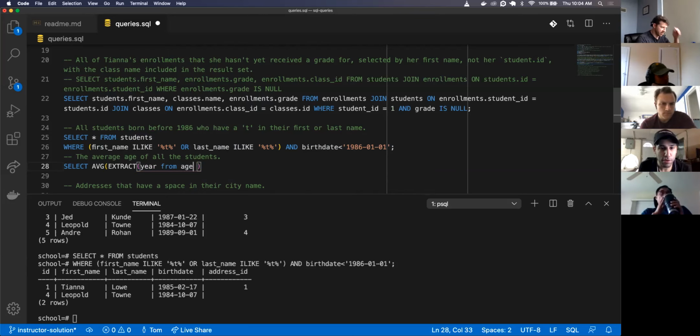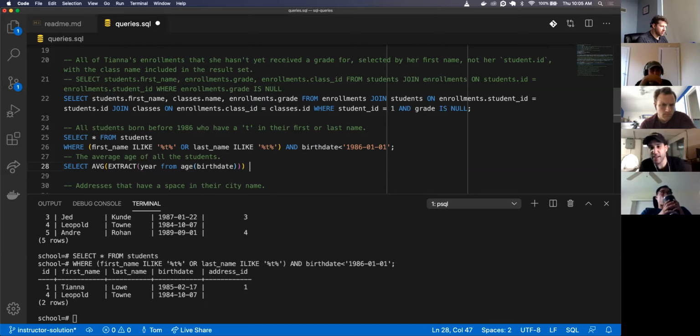Hold on. So what does the syntax look like? From year, from age? Just put parentheses and put birth date in the. Like this? Yeah. And close it, but that should be open parentheses. Like age is a function. Yeah. Oh, thank you. Yeah, it gets the birth date. It just converts that to an age. Yeah. All right, that's the average.